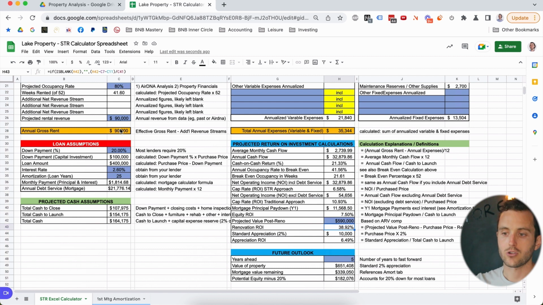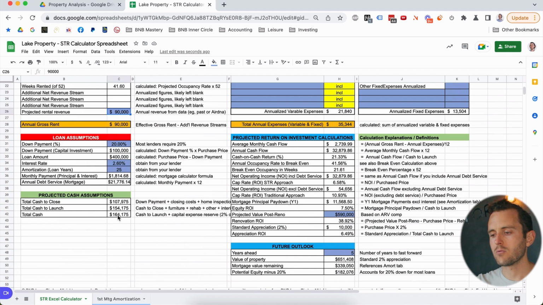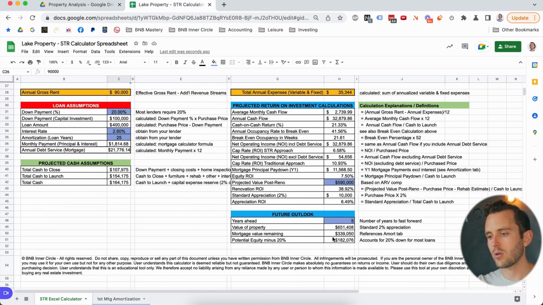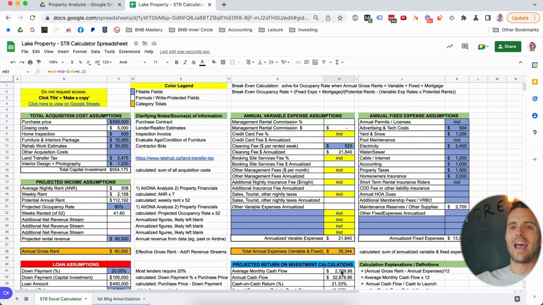My return would likely also go up, and my projected revenue if I were to do $30,000 worth of reno work. So I'd probably be actually increasing the overall return in cash flow too. So it's just really, really useful. And then again, we can look years ahead and look at the value of the property, mortgage value remaining, potential equity minus 20%. So we can see how much we'd potentially be able to pull out of the property in a cash out refi. So it just gives you every different metric that you could possibly want to look at